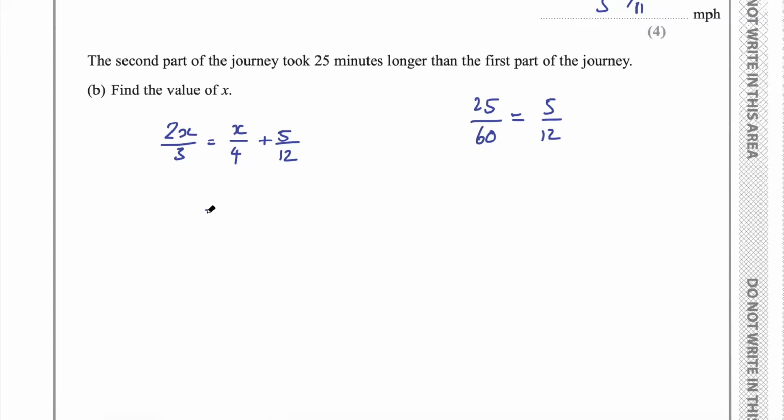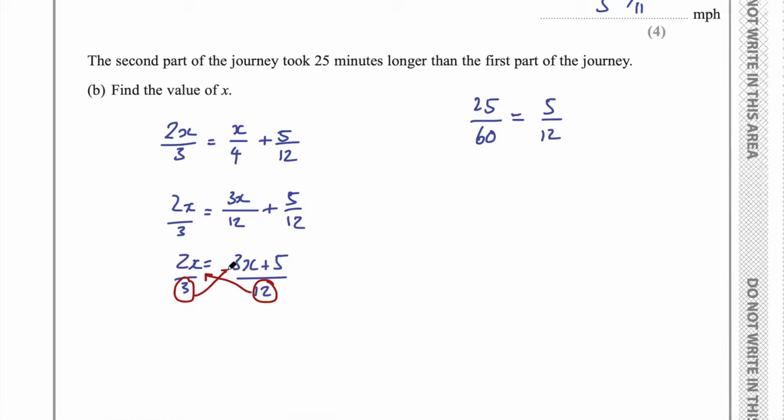So the first thing I want to do is add these two fractions on the right hand side. I need the common denominator, which would be 12. So this is going to become 3x over 12 plus 5 over 12. And I'll leave the left hand side the same for now. And then this is going to become 3x plus 5 over 12. And now to get rid of these denominators I could cross multiply. So I can multiply this 12 over here by the 2x, and multiply this 3 by the 3x